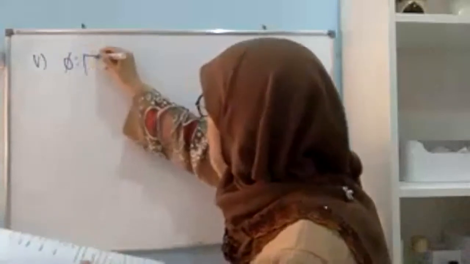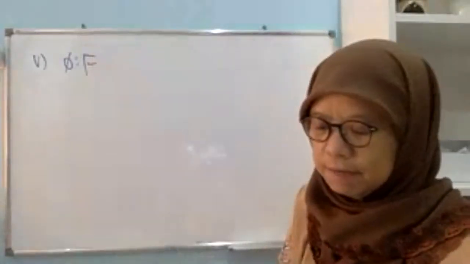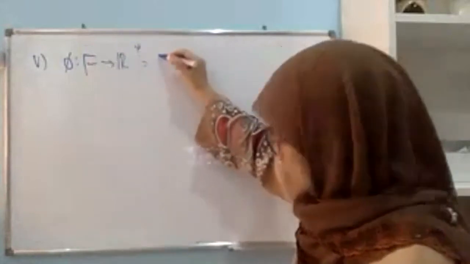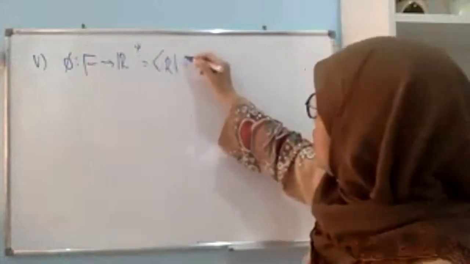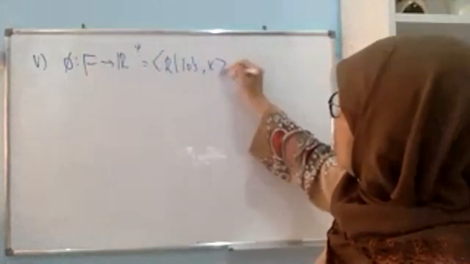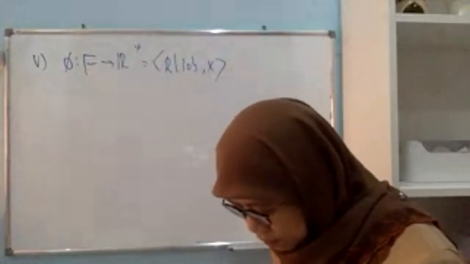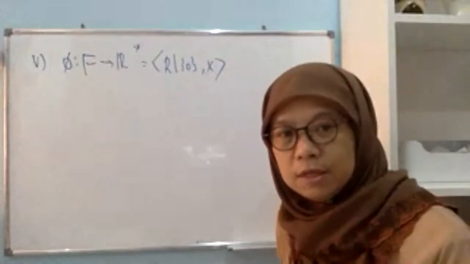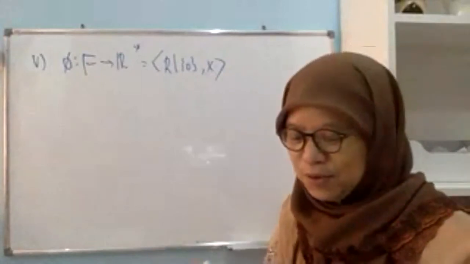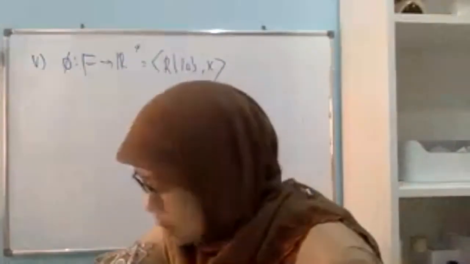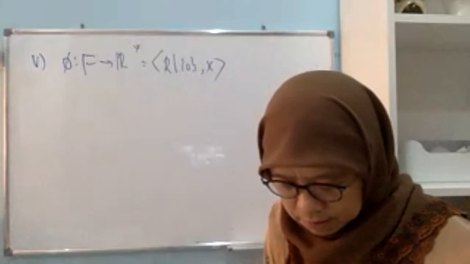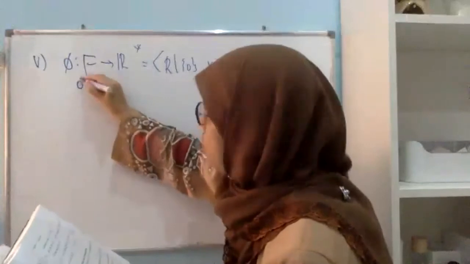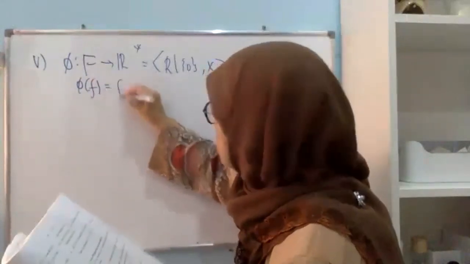Phi, f is a continuous function, to R star, which is R without 0 under multiplication. That's R star. And f, help me, Hannah, to put f is a continuous function, just so the next time I remember to note this. And phi of f is